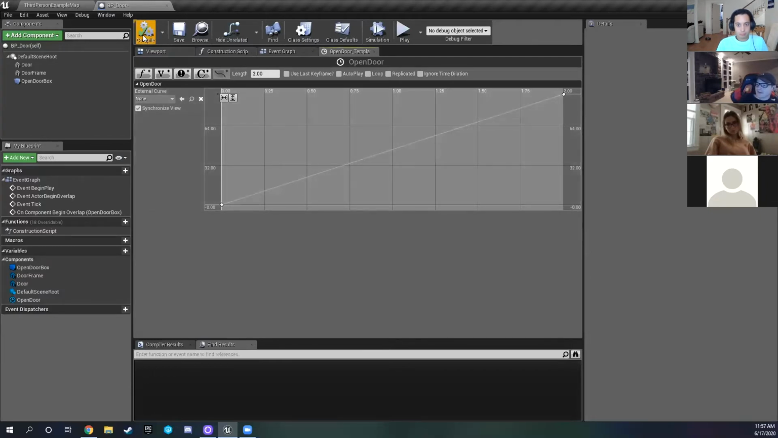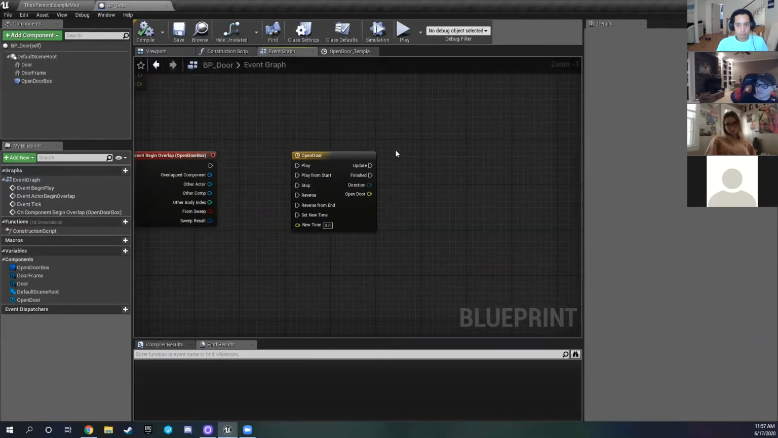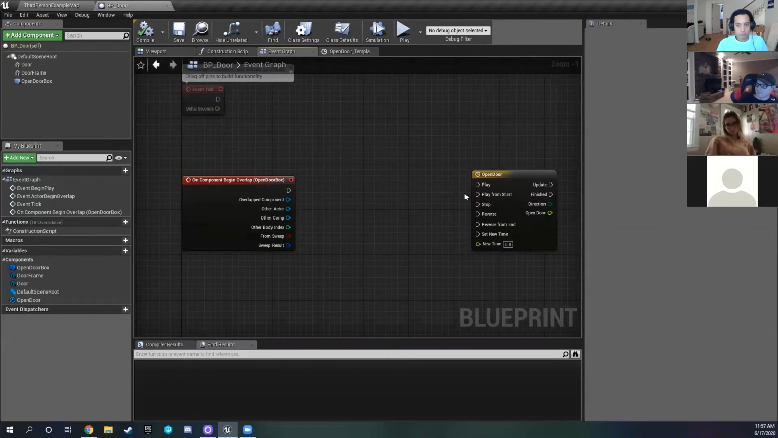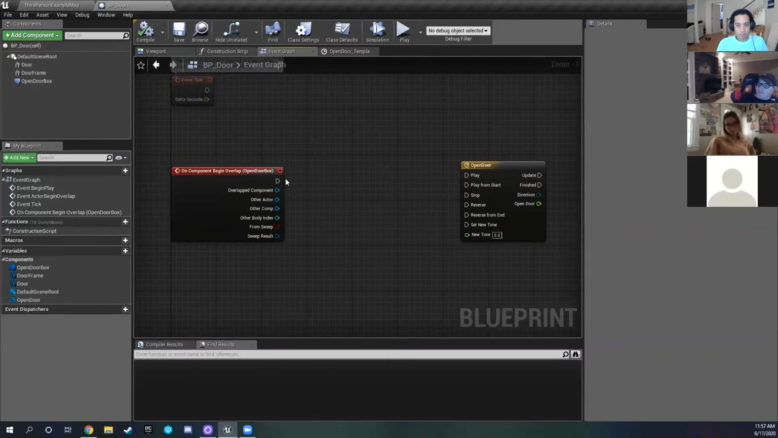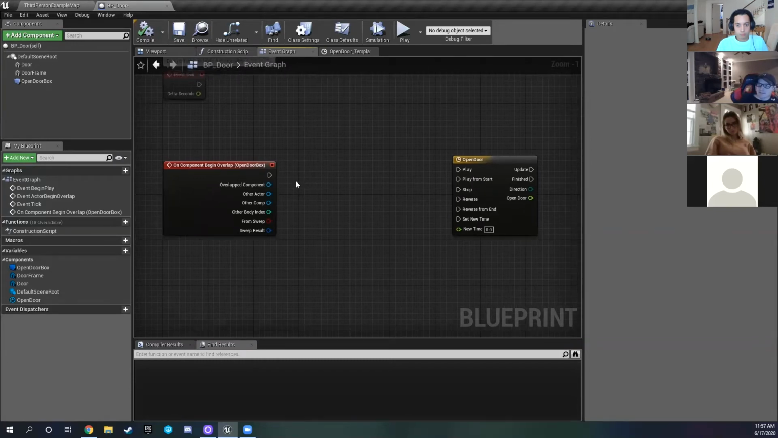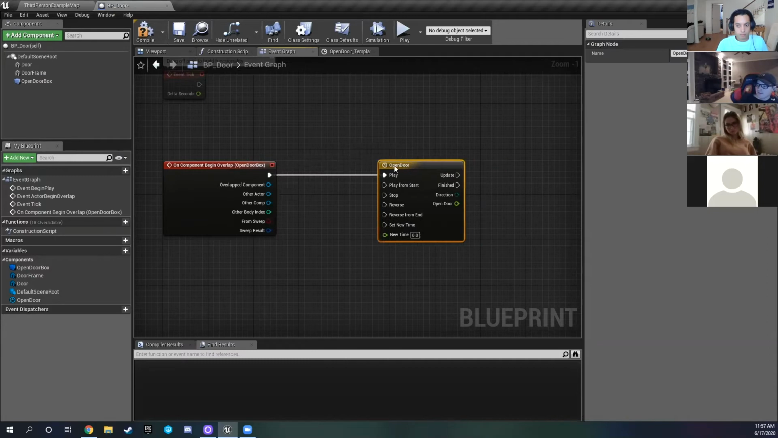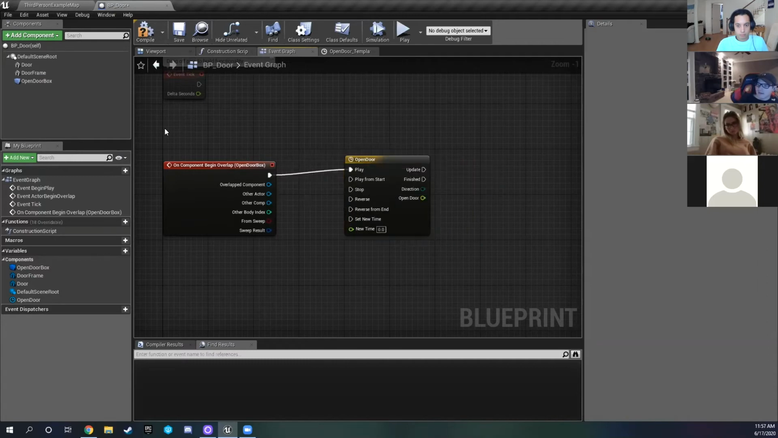Okay, so now that we have the basis for our timeline, we can actually go about setting it up here and utilizing it. The first thing, now that we have our timeline, is we want to be able to check to see that the correct thing is triggering the door to open. And this is important because right now, if we were to just plug this in,